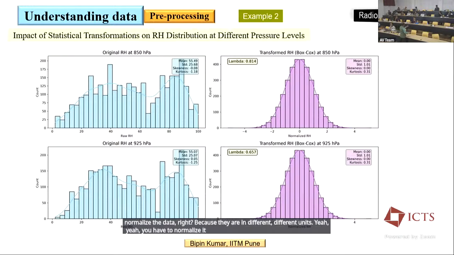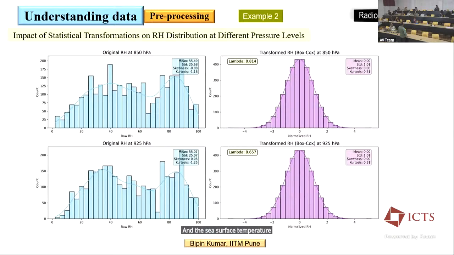Everything will be denormalized, don't forget. So that's where my question is. Let's say we are giving the historical data, and the maximum sea surface temperature is 30 degrees Celsius. If in the future, when we are going to predict, we give a sea surface temperature which the training data set does not have, like some unseen SST, like 35 degrees Celsius, that will go out of the normalization, right?